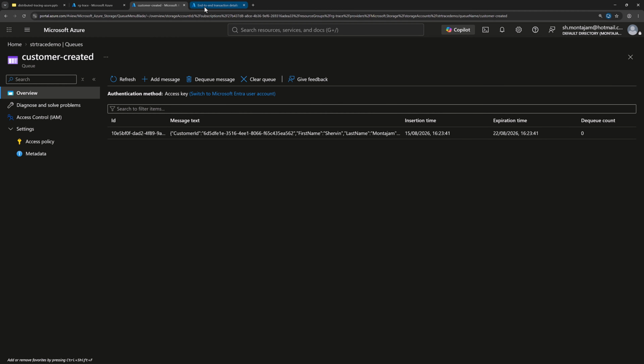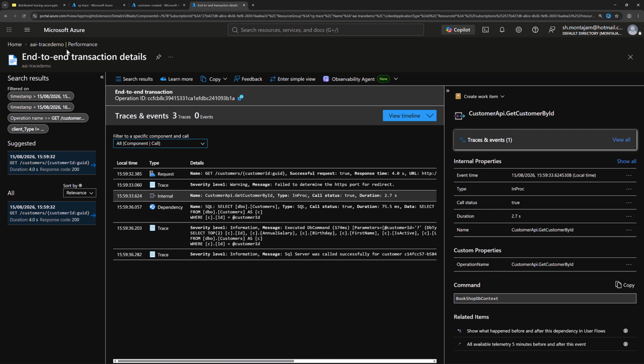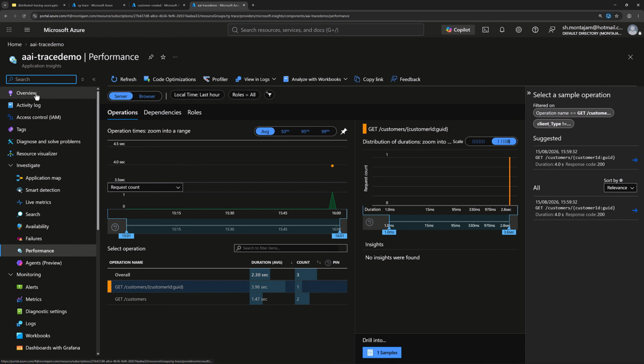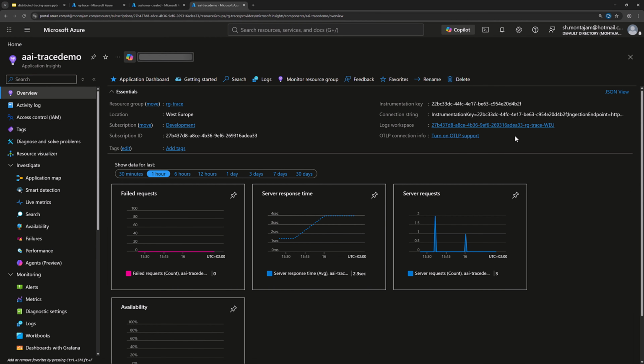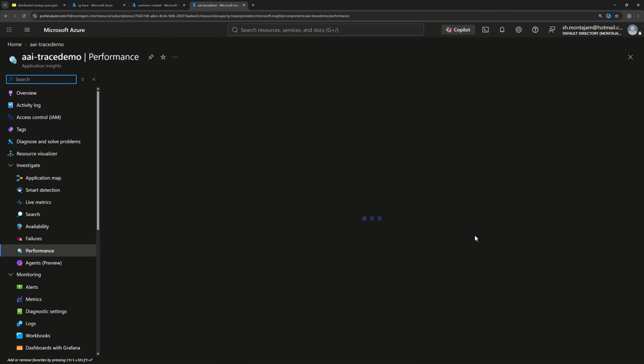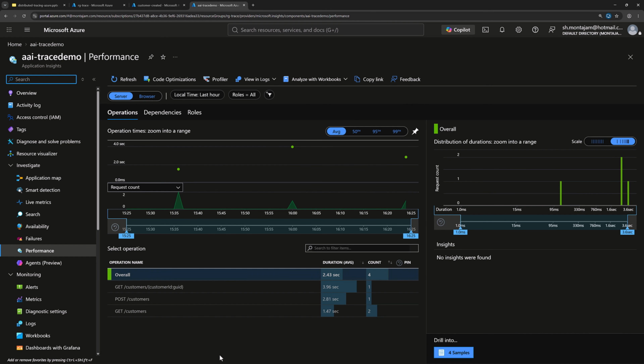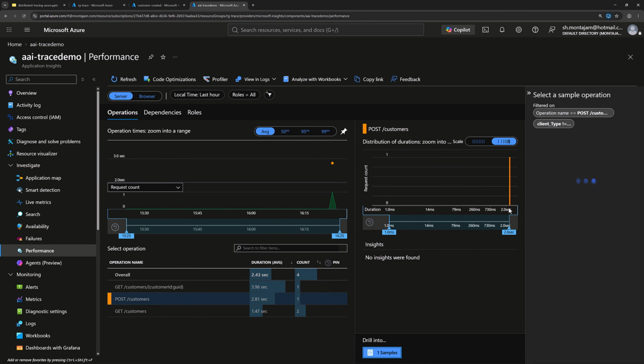Let's go back to Application Insights, to the overview page. We have to wait for the server request to appear. I pause the video and then come back. Yes, the spike is here, and let's click. We see that the post endpoint is also appearing here in the overall list. I click on it and we should have one sample. Let's go here and